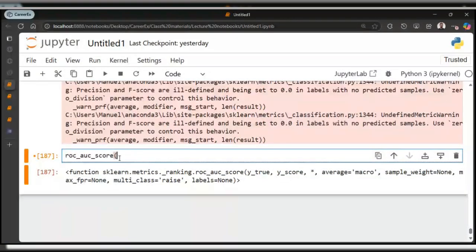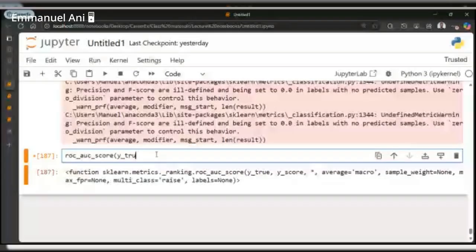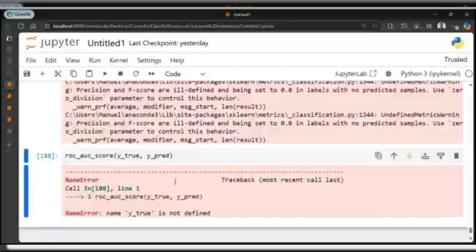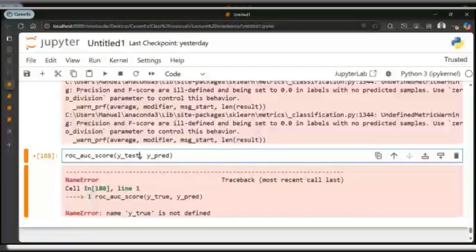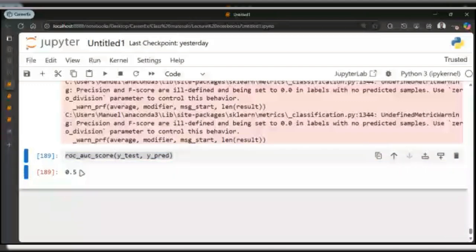I'm going to just come here and say y_true, y_test, print, sorry. So you can see that our ROC AUC score is 50%, 0.5, which is a better reflection